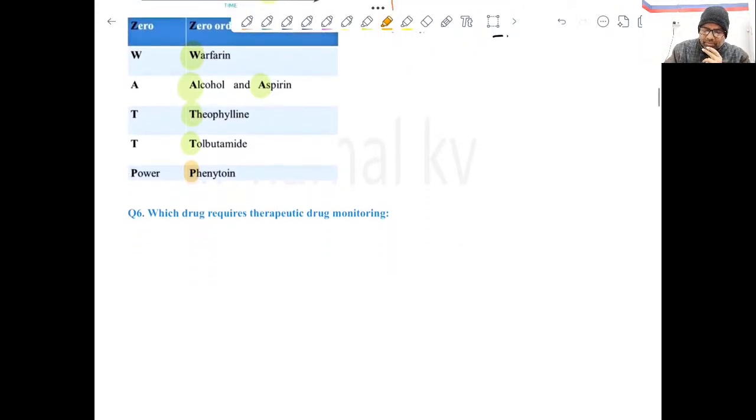Now moving forward to therapeutic drug monitoring. Now what does this mean? Obviously we are having a close watch, that is monitoring. And therapeutic means we have to measure the plasma concentration. Clear? We want to see how much amount of drug is there in the blood. Why do we need to measure? Because again, if we have that